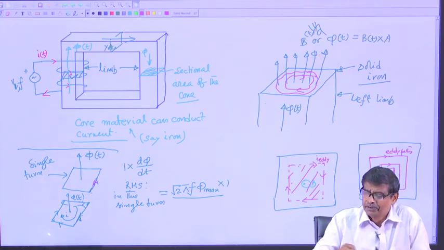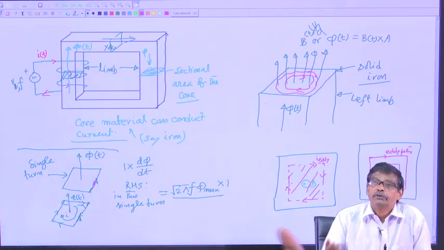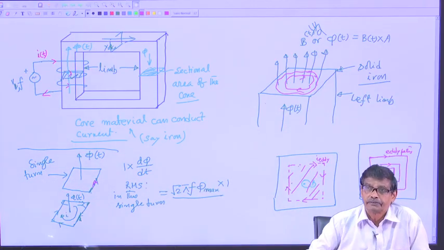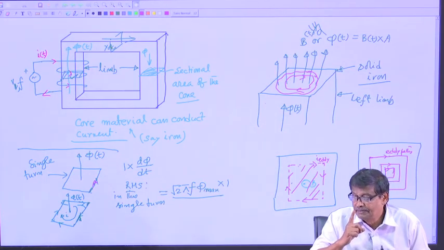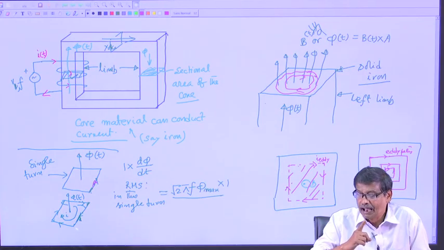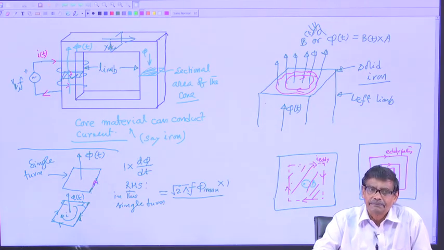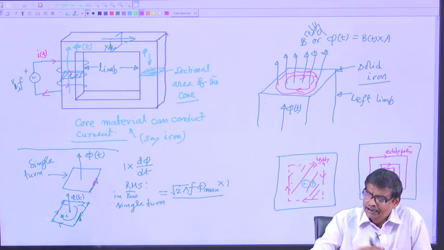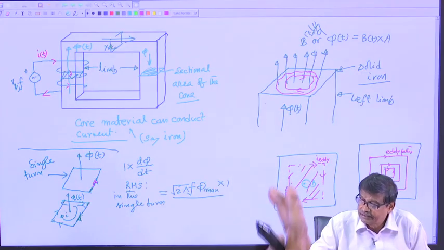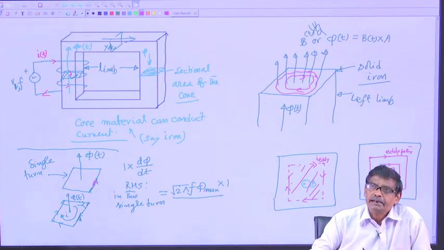You have to write field equations to solve for the eddy currents and estimate the eddy current power loss. That we have to estimate. But I can understand by applying common sense that these eddy losses can be reduced if I,